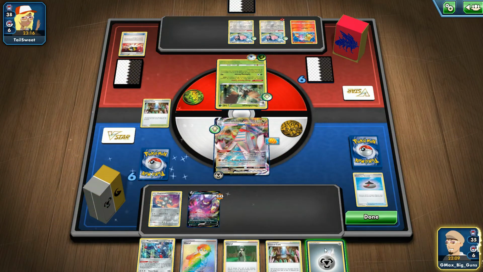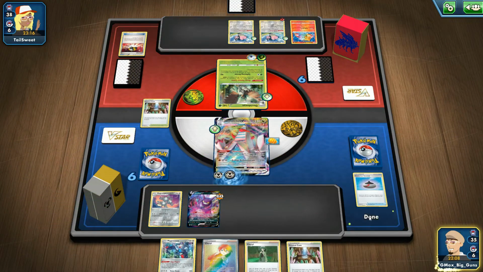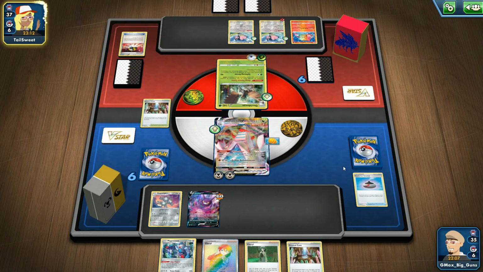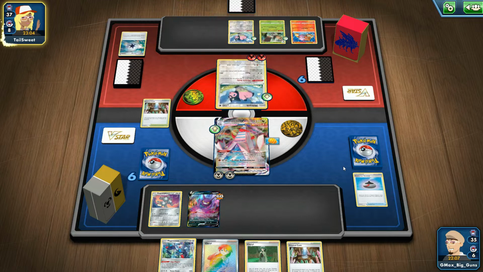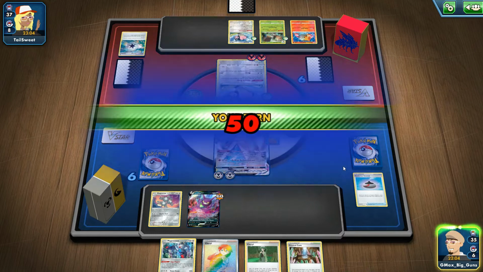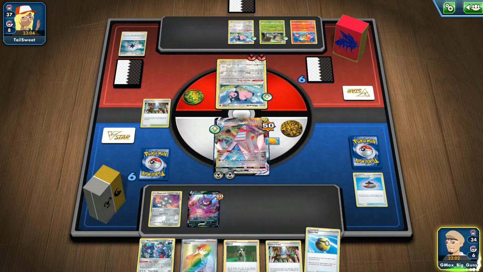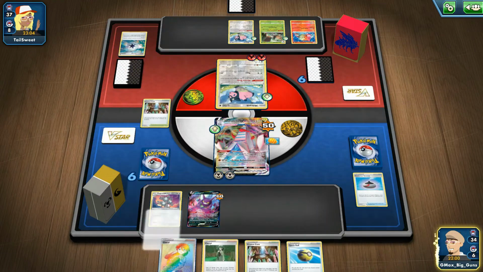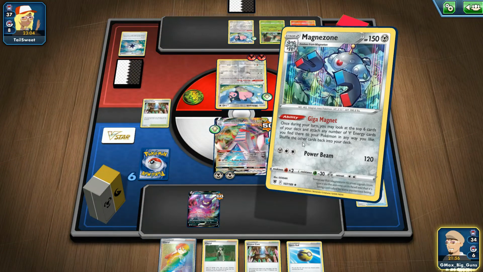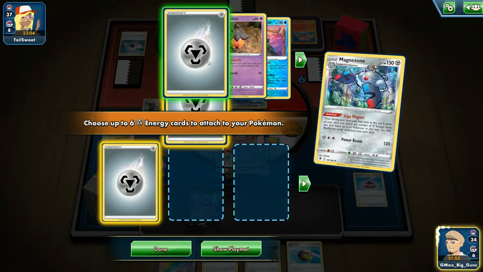If you can find a way to make the list work, if you can find the perfect ratio of energy to supporter, supporter to trainer, to item cards, and item to Pokemon cards, then it would be the perfect build. But unfortunately, it doesn't work that well, just because you need too many energies. You could try a Dream Ball for your Magnezone, but it's not that easy to play Dream Ball,